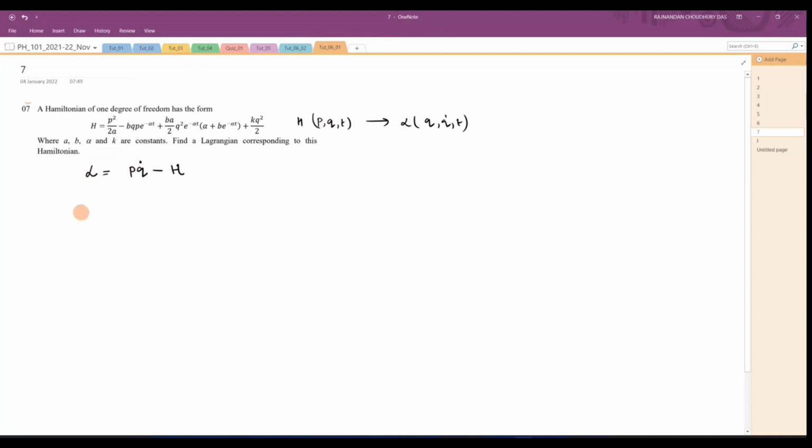For that we will use the Hamiltonian equations. One equation is for P dot and one for Q dot, how P and Q actually change with time. So Q dot will become dH by dP, and P dot will become minus dH by dQ. I remember it like this: P and Q dot come together, so Q dot is written with P, and P dot we write with Q. P Q dot used to come together, so that's why I write plus here, and the second case is opposite, that's why I write minus. That's how I remember. If you know the derivation, it's fine.